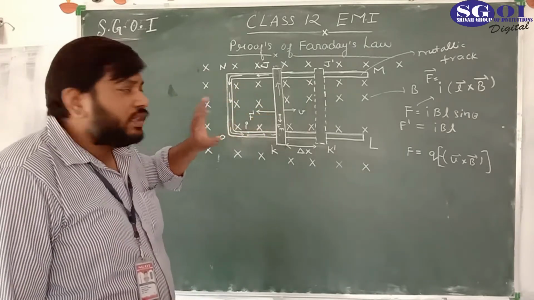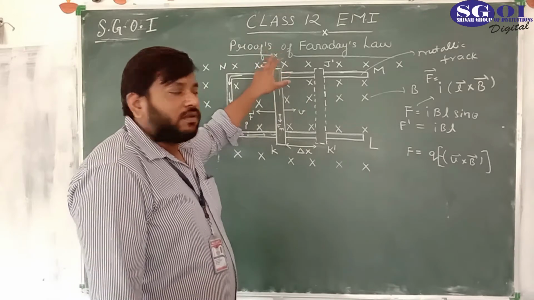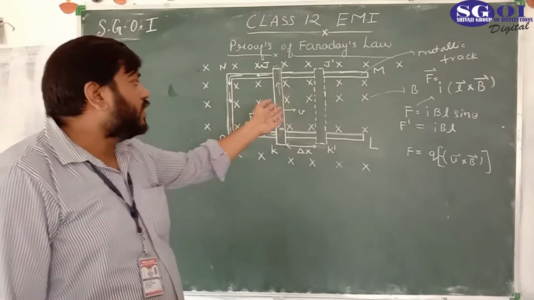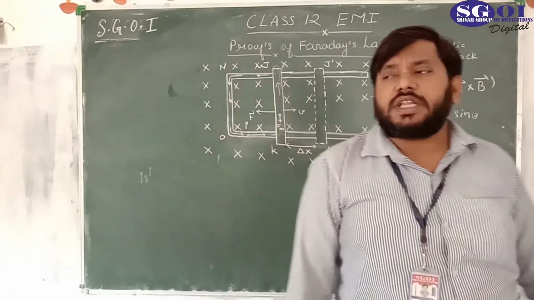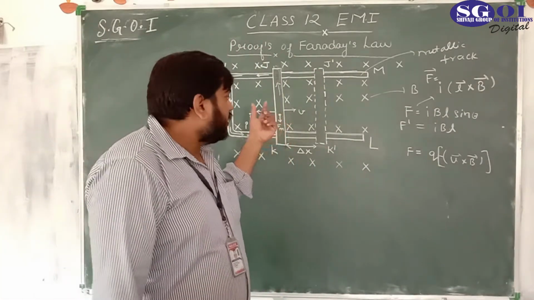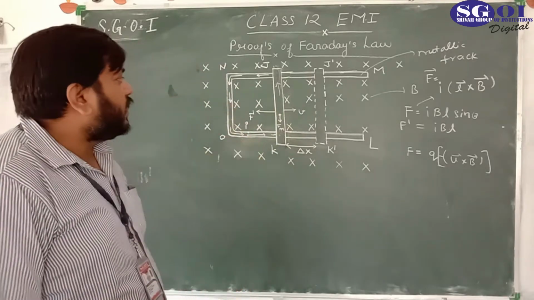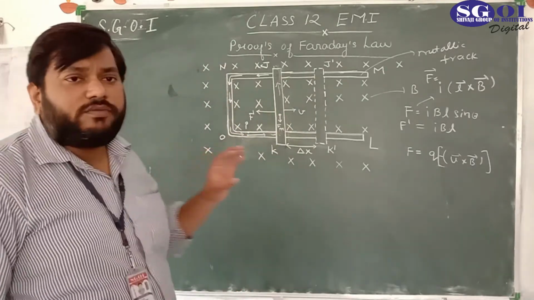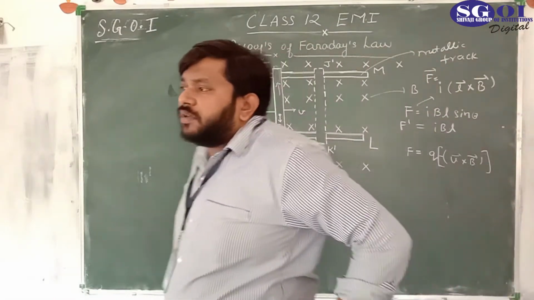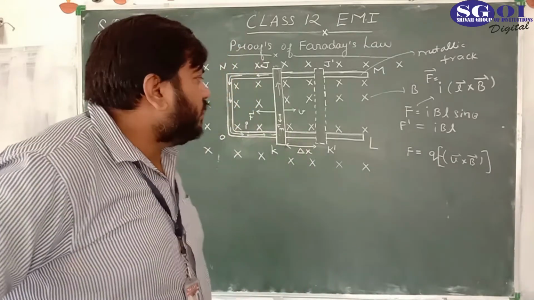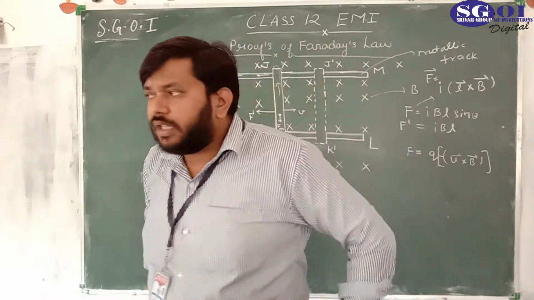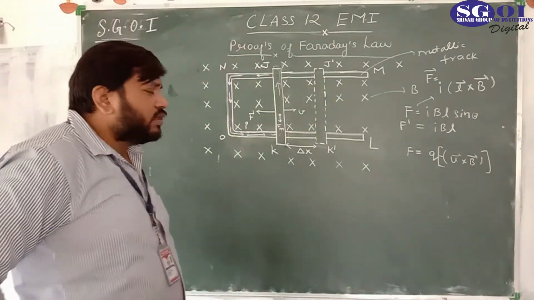This force acts on the whole conductor, in the direction opposite to the direction of the motion. It means it would resist the motion. It would try to stop this conductor. The conductor is moving with uniform velocity, and you know, students, from the concept of motion, that if an object is moving with uniform velocity, the net acceleration is 0, and if the net acceleration is 0, the net force is 0.